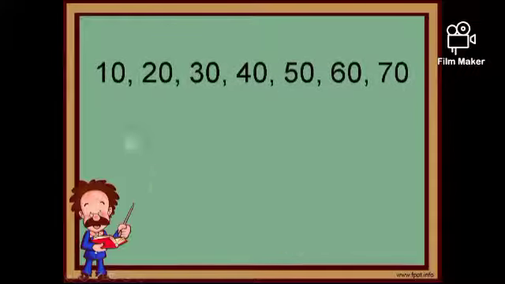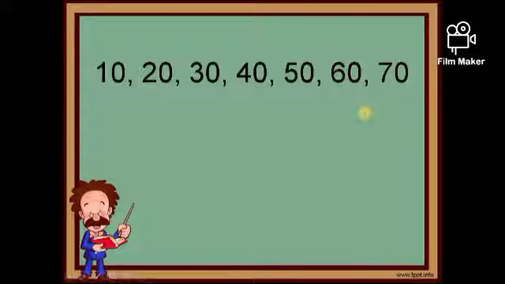Consider the sequence 10, 20, 30, 40, 50, 60, and 70. It is an arithmetic sequence because 20 minus 10 is 10, 30 minus 20 is 10, 40 minus 30 is 10, and it has a common difference of 10. That's why this is an arithmetic sequence. Now,